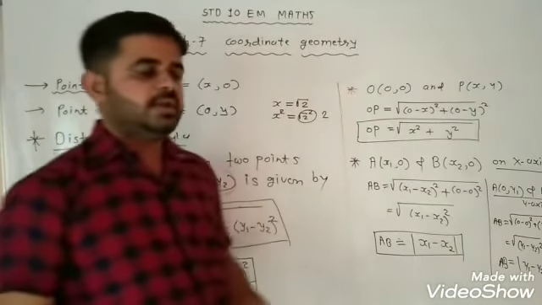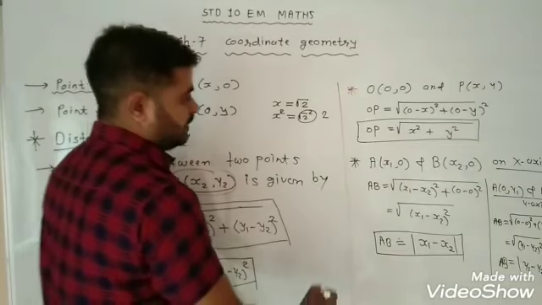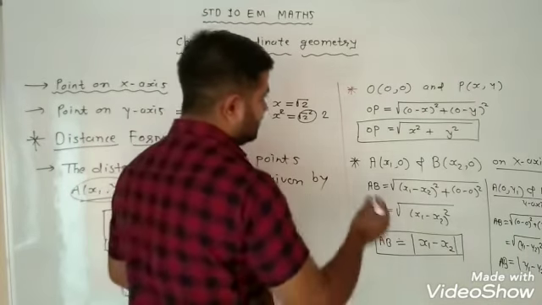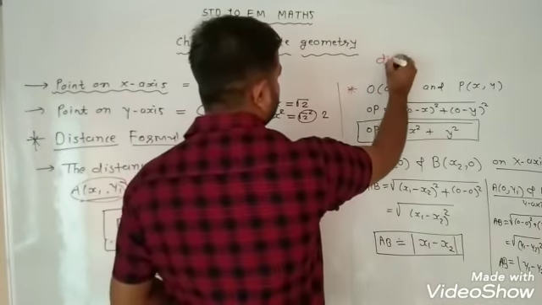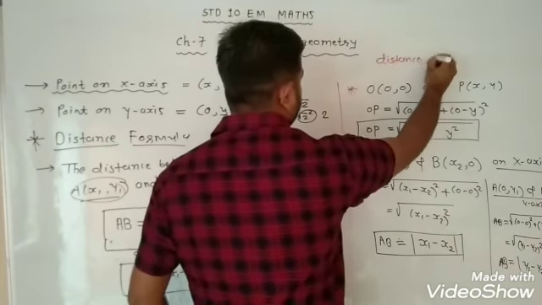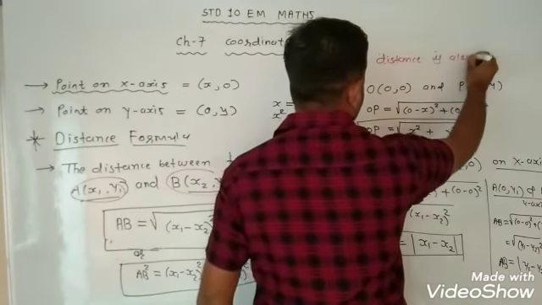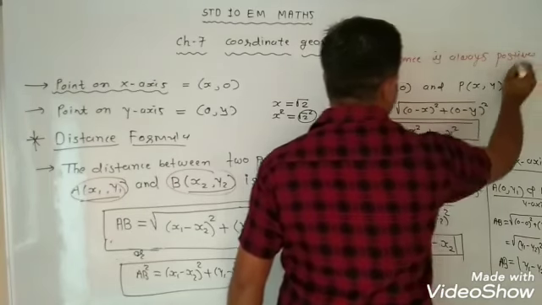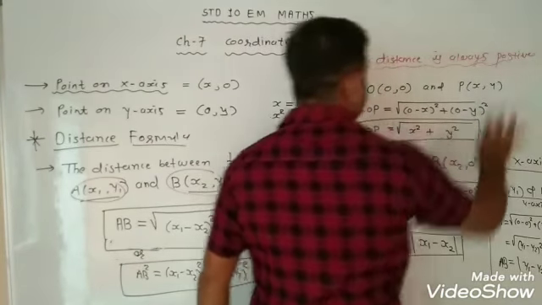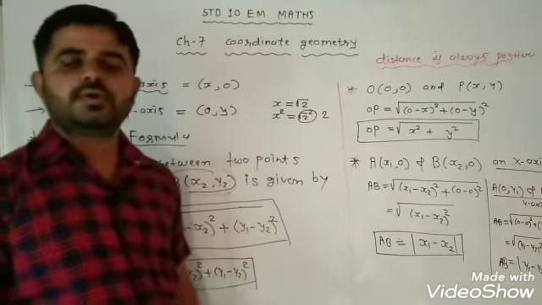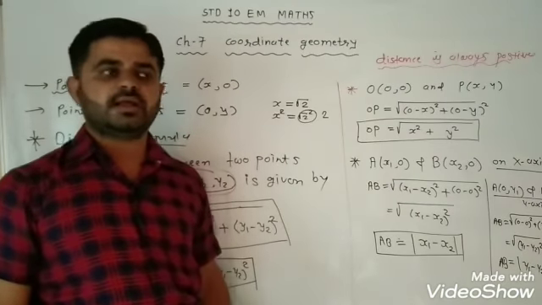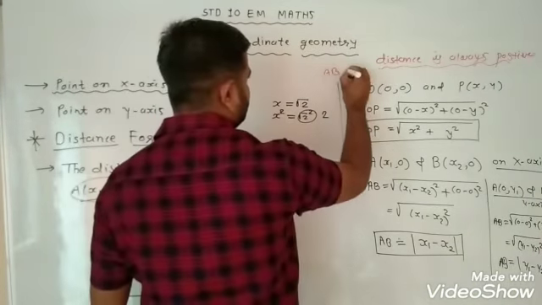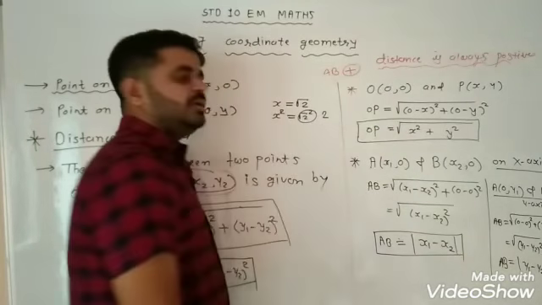Okay, now remember one thing, the value of AB, distance, is always positive. पॉजिटिव. क्लियर? डिस्टेंस है वो ऑलवेज कैसा रहेगा? पॉजिटिव रहेगा, कभी डिस्टेंस नेगेटिव होगा नहीं. तो ए बी की वैल्यू कैसी आएगी? ऑलवेज पॉजिटिव ही लेनी है.